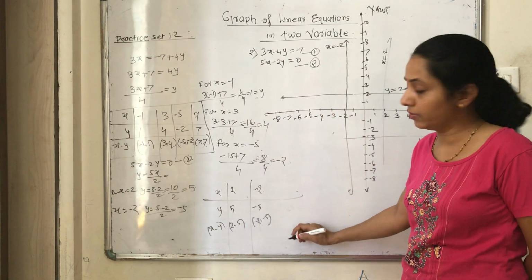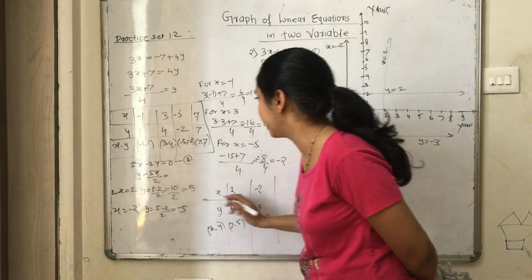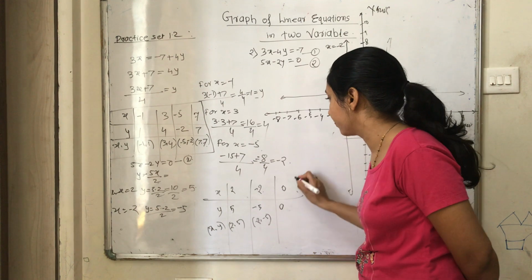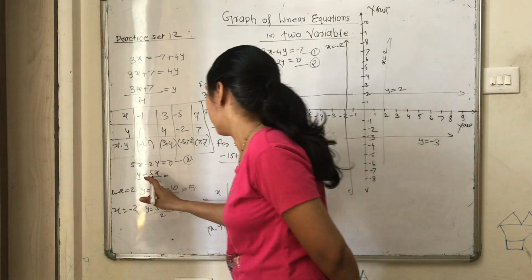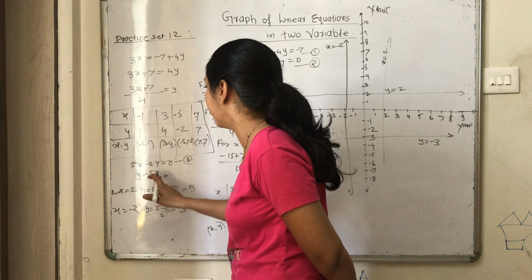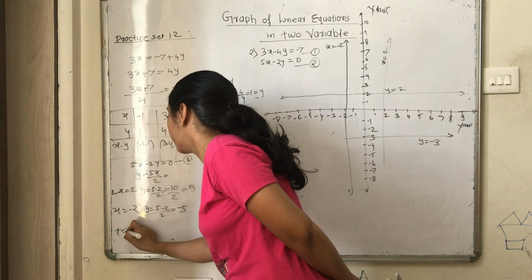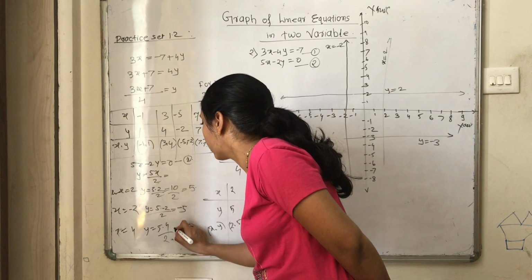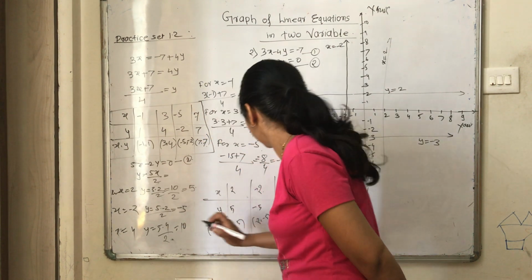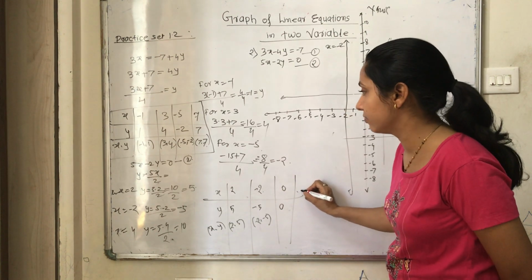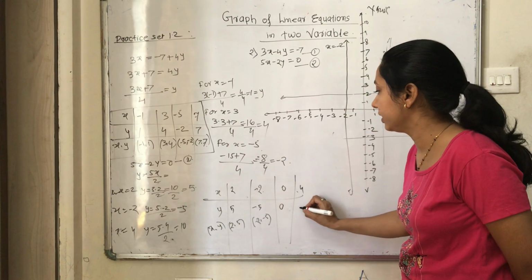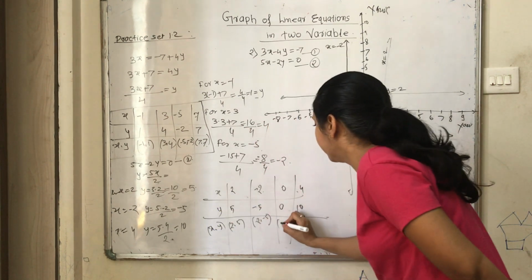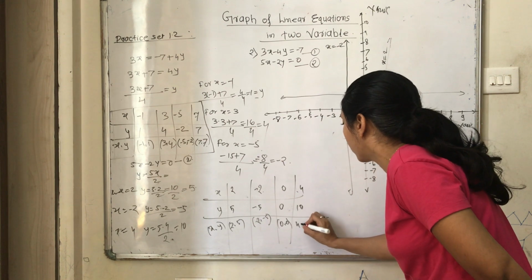Okay, then what will we do? I can choose 0 also. If I take x is equal to 0, what will it be? 5 into 0 is 0. So at that time it is 0. Then we can choose 3? We cannot choose it because 5 3s are 15. We can choose 4. x is equal to 4. So y will be what? It is 5 into 4 divided by 2. So 20 divided by 2 is 10. So for x is equal to 4, y is 10. So the pairs will be 0 comma 0 and 4 comma 10.